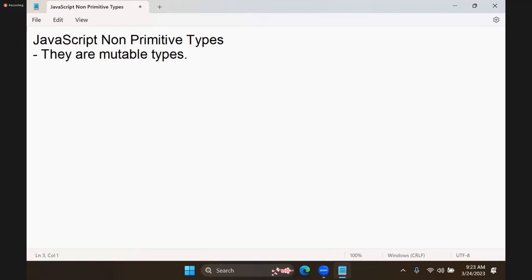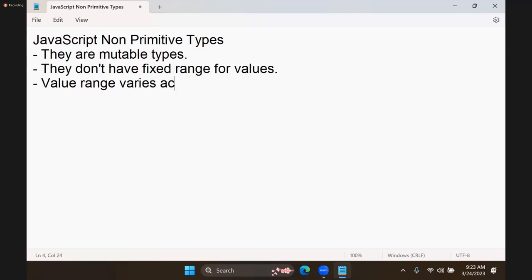Immutable means the structure cannot be changed, but mutable means the structure can change according to situation and state. So they don't have a fixed range for value. The value range varies according to memory